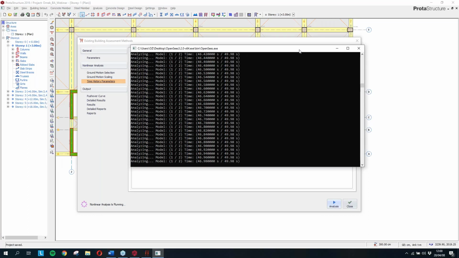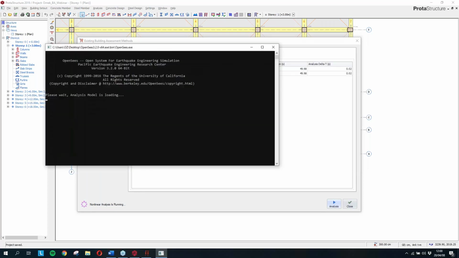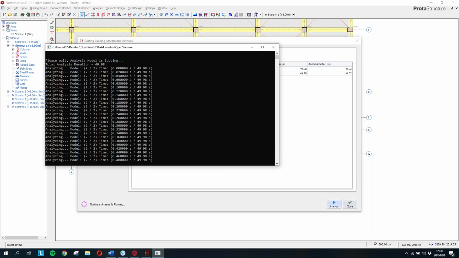After doing the nonlinear time history analysis, I will check out the detailed reports of the time history analysis. You can select and see all time step results and average envelope results of all analyses. For assessment, we are using average envelope results of nonlinear time history analysis. As you can see here,